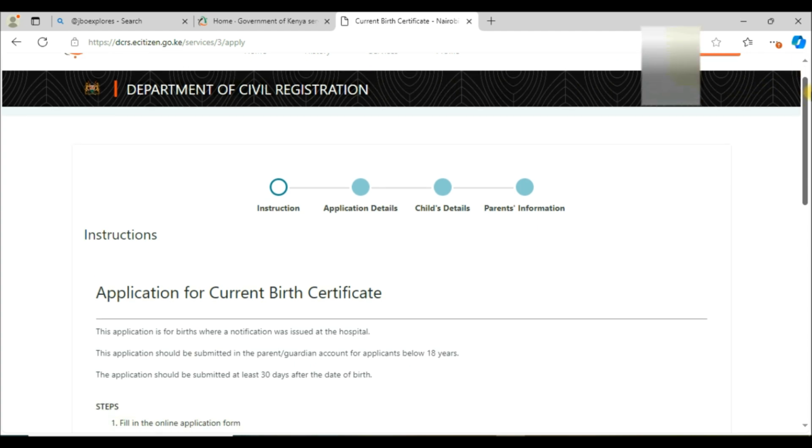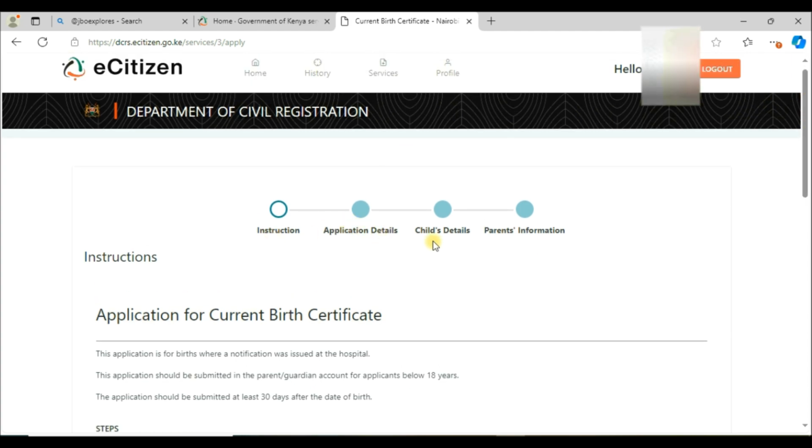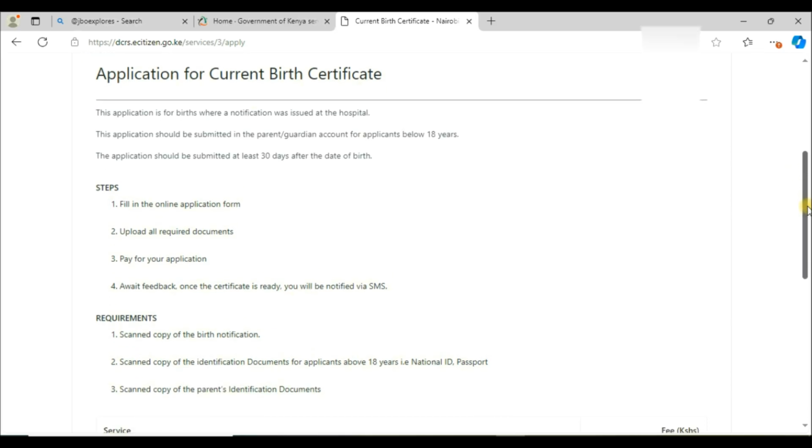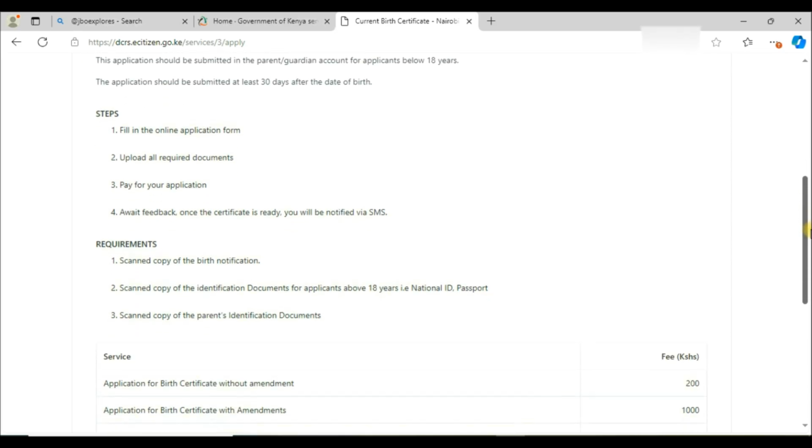The first step here is instruction, application details, child details, parents information. All you have to enter here. So we are in step 1. We have some instruction here you can read and see what you are required. You need to fill the application form, upload all documents, you pay and wait for notification